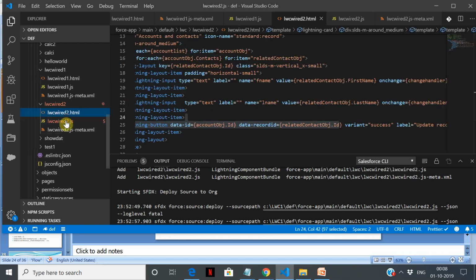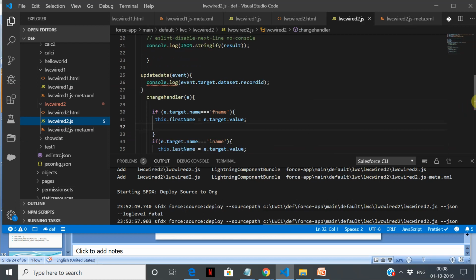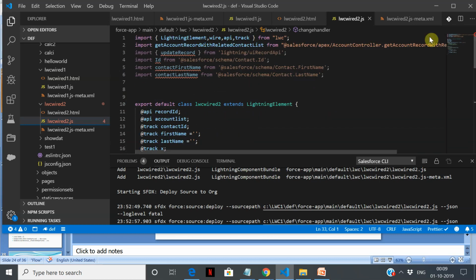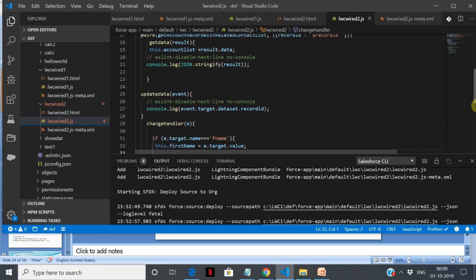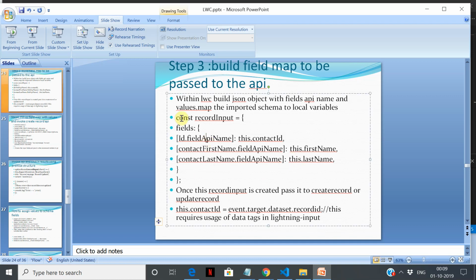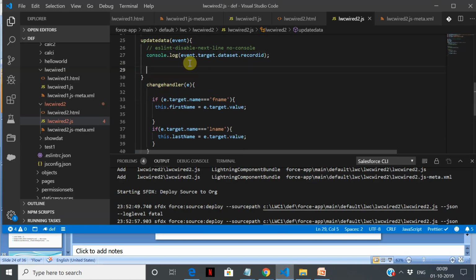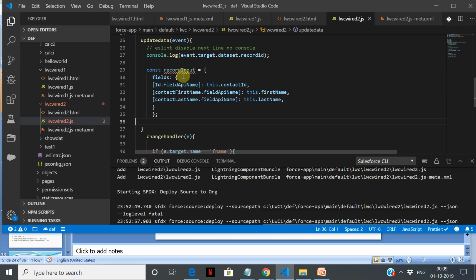So we are comparing with fname, lname, and we are also capturing the ID. So the next step is to map the values that we have got in first name, last name, and ID with the APIs that we have invoked over here, right? This contact first name, we need to map them and create the data structure to send it to the final update record API. So for that, we can use this. And I'm going to do this in the update finally, okay.